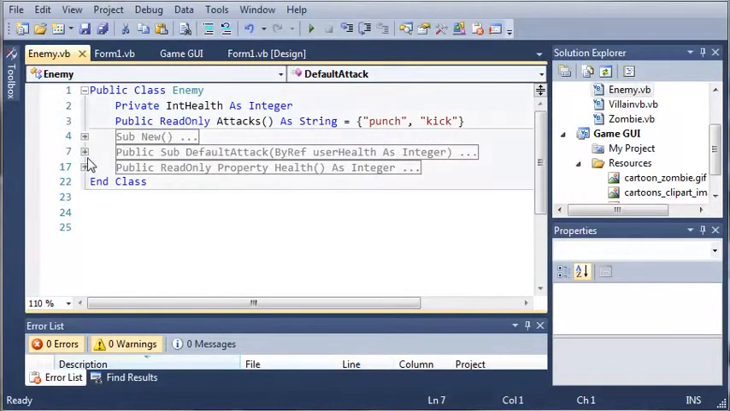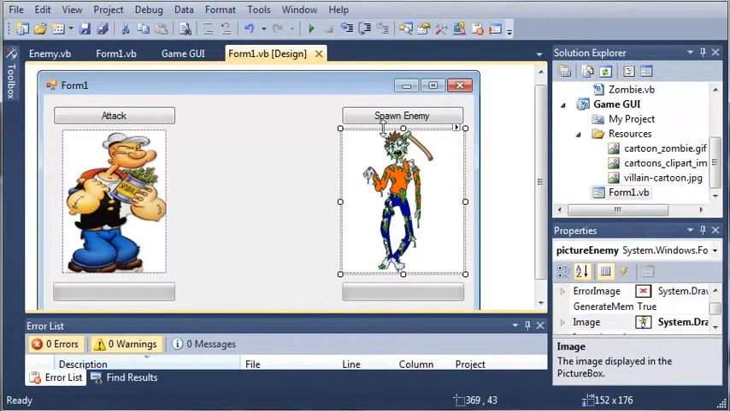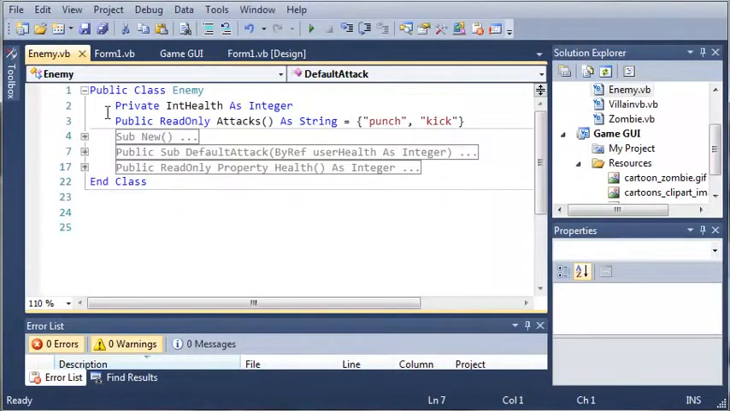In this tutorial we're going to be working on the game. Now, if you remember from the previous tutorial, whenever we click spawn enemy, it randomly generates an enemy. You can see I set the image of this to a zombie at the beginning because I added some stuff to the